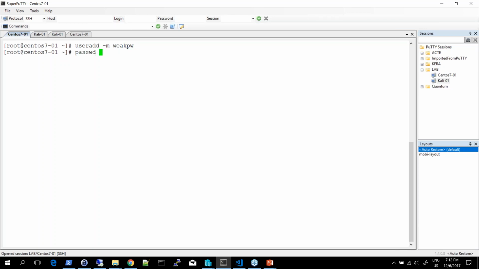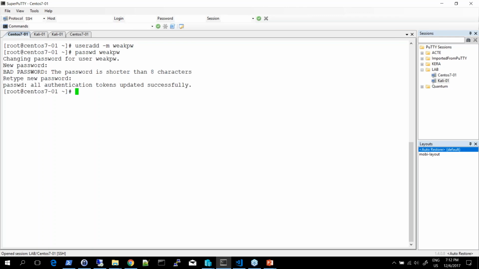Let's set a simple password for this user. ABCD is a nice password. As you can see, being a root user, I can easily override the password policy settings on my system. This works exactly the same as on Windows operating system. So we'll just copy etc shadow, which contains a hash and a salt of my password, to temp,